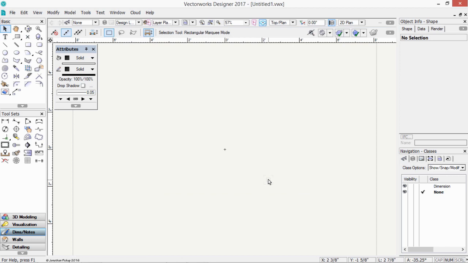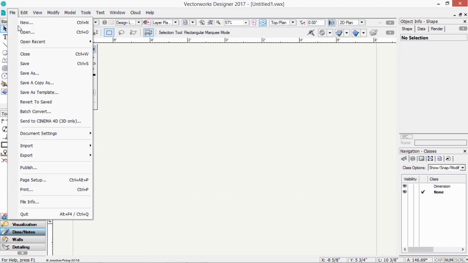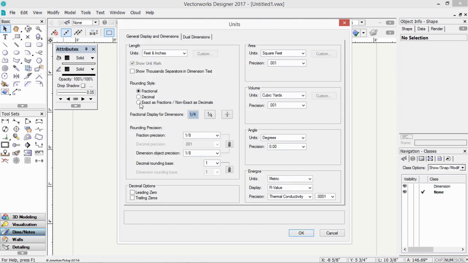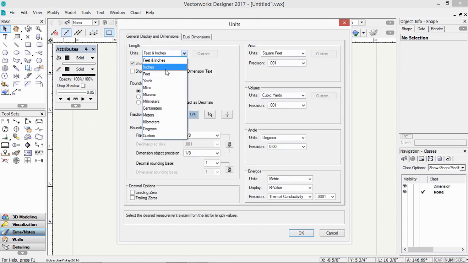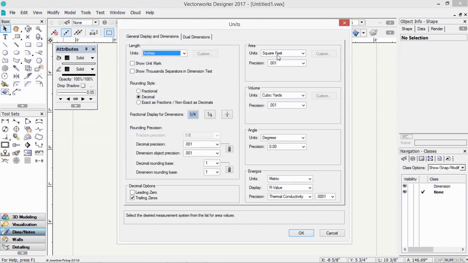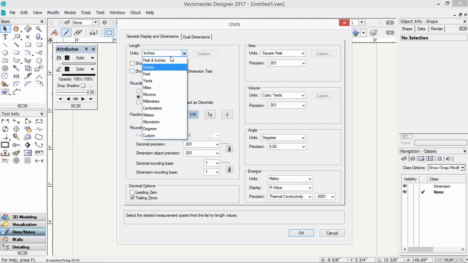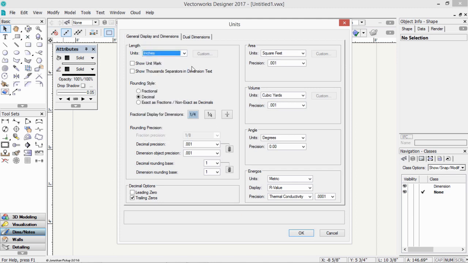Next thing is to set up my drawing units. File on the menu bar, Document Settings, and Units. I want to use inches for this because it's a small project. The area will be square feet, volume cubic yards. If using metric, of course, set this up to be millimeters or centimeters or meters, whatever your preference is. We're going to show the unit mark, and we're going to have fractional only with 1/8 of an inch as